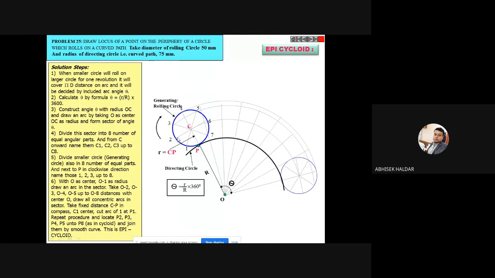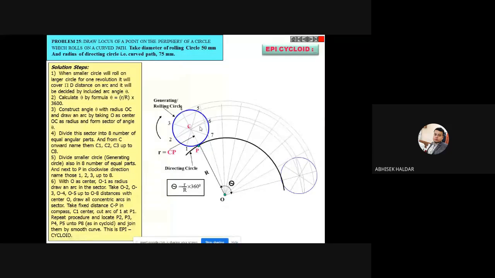Similarly, now you tell me which arc I have to draw. O to 2, O to 1 also I have to draw. O to 2, if I take the radius, that arc should pass through which point? 6 or not? 2, 6. Now see here, don't mix up these two arc lines. The central arc line is a separate arc line. The 2, 6 arc line is a separate arc line. But those two arc lines will be very close.